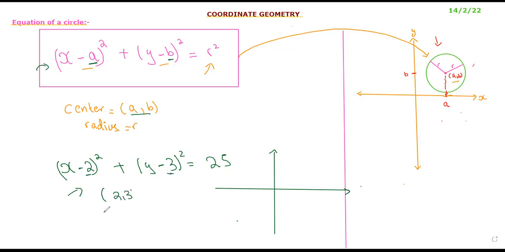And the radius would be, we have r square here. This means that r square would be 25. So r would be under root 25, that is 5. Okay. So the center would be at 2, 3. This would be the center and the radius is 5. Okay. So if I make the circle,